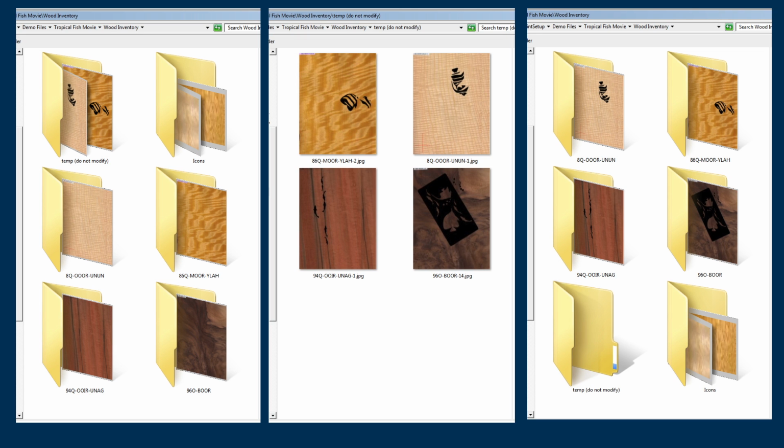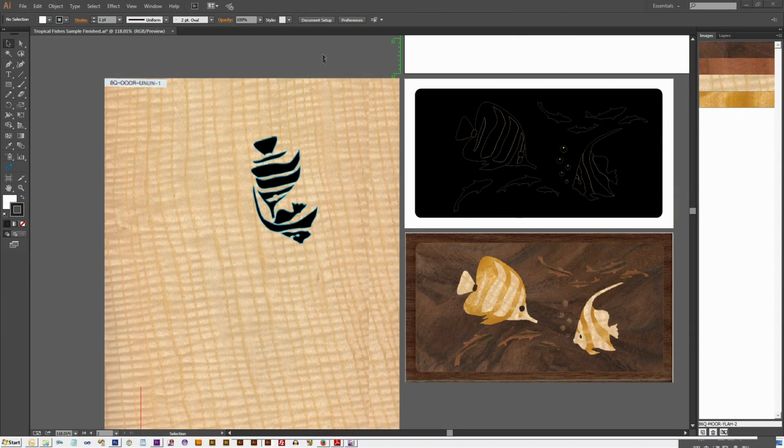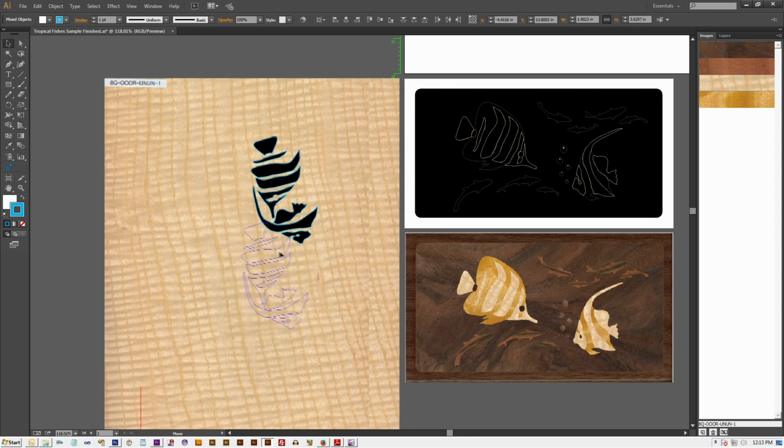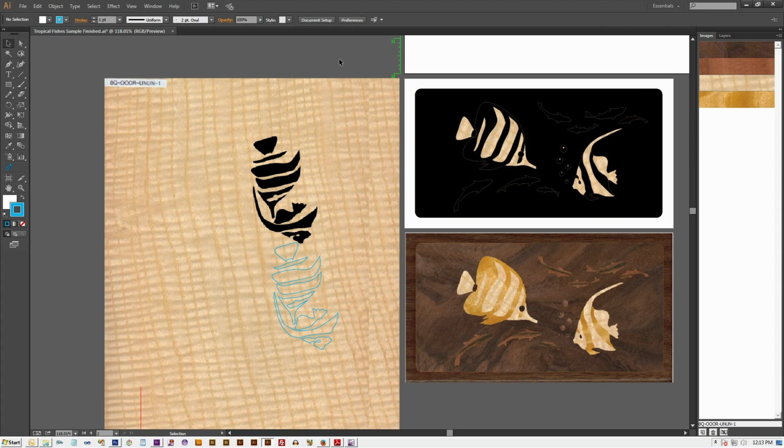If we were to quit Adobe Illustrator and then reopen our design, this is what we will see. The master shapes in our design are all filled with black images. To repaint the master shapes, simply hold down the number 3 key, click on the Clipper image to select all Clipper shapes, and then move them into a different location.